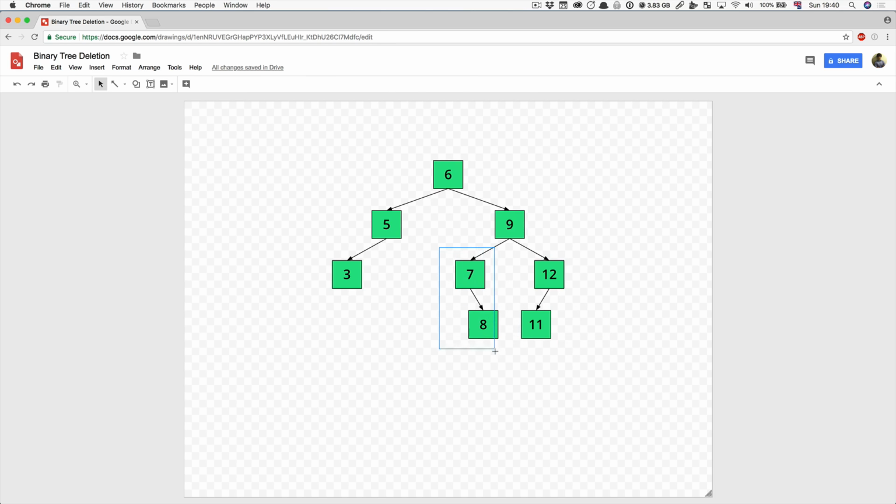So when you're deleting a node with 2 children, you can just replace the node by the largest node in the left branch, or by the smallest node in the right branch, the leftmost node in the right branch. Those are the 2 options. Either the largest node in the left branch or the smallest node in the right branch. That gives you one node that is closest to this one. And then you can replace it, essentially put 8 here,